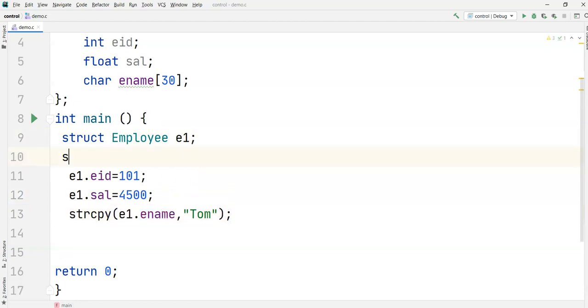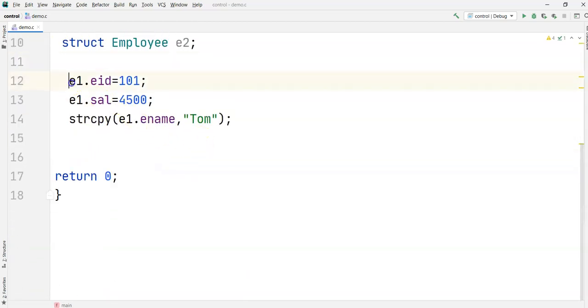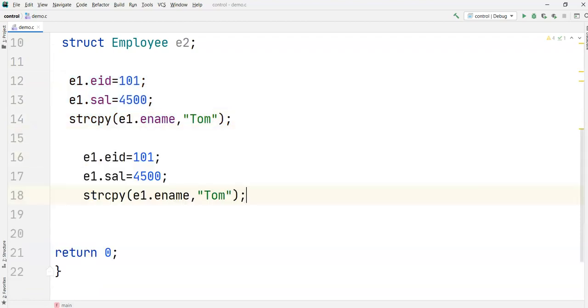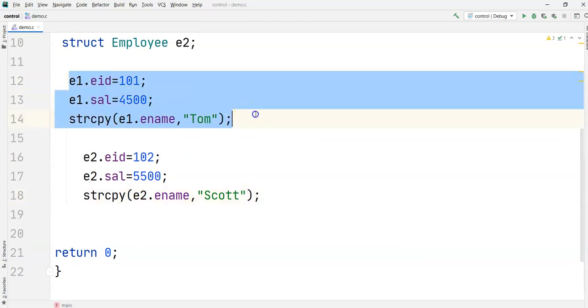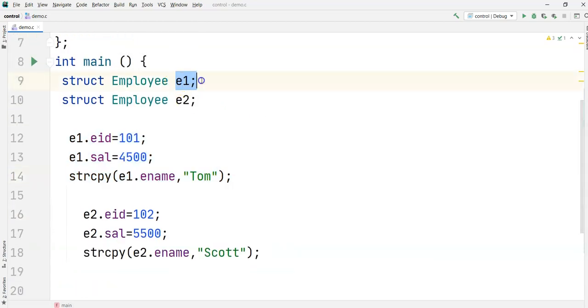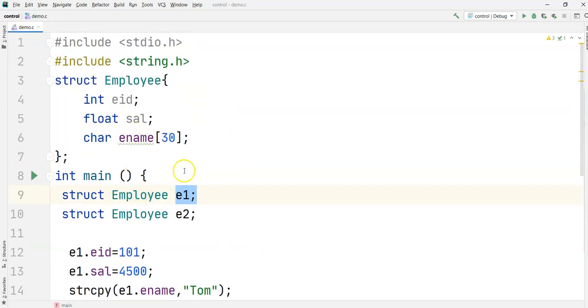Similarly, I want to store the second employee. Struct employee E2. So this is the first employee, and I want to store the second employee: E2 dot EID, E2 dot salary, that is 5500, and E2 dot name, Scott. Now with this, we have two records for the employee variable.